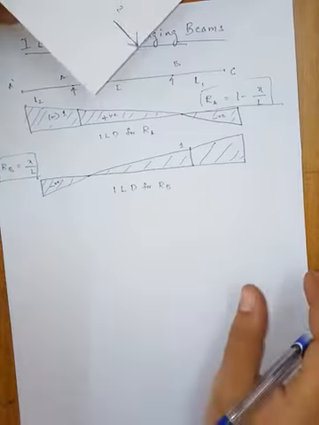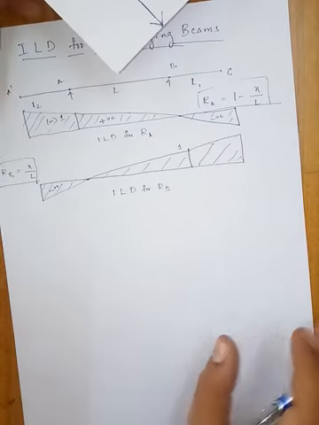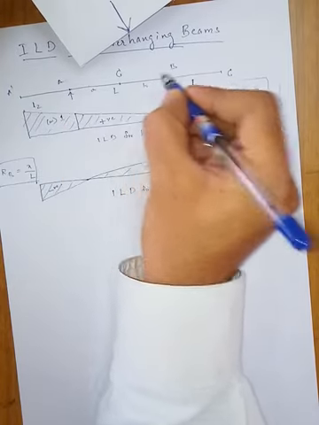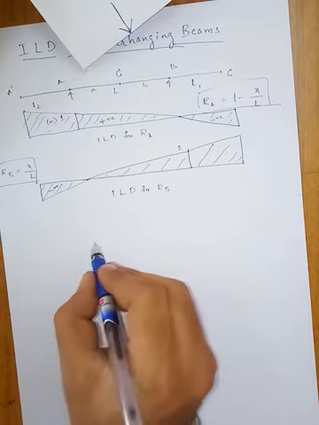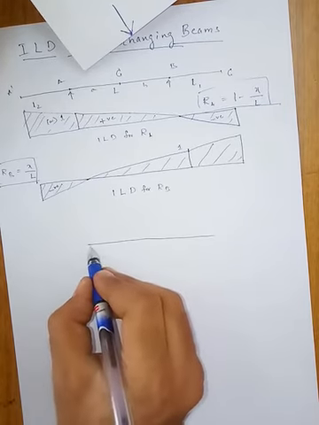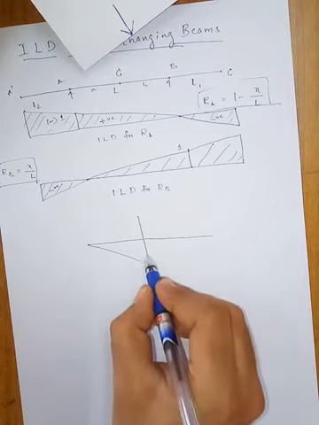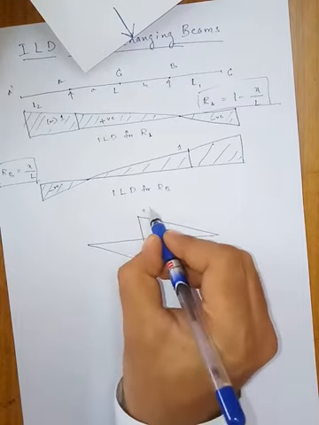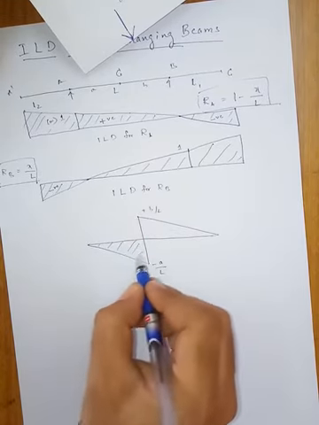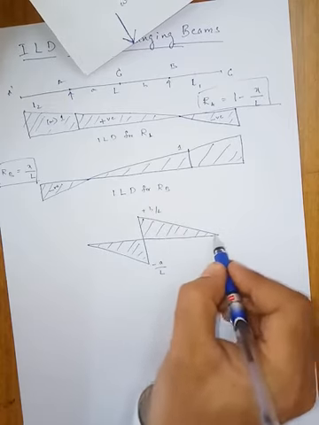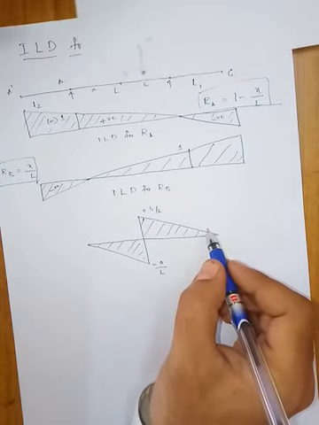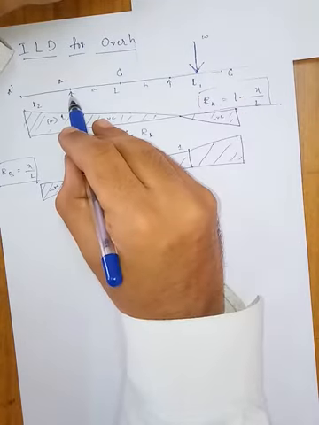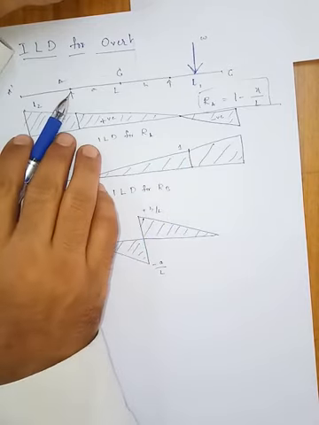Now coming to the shear force, the ILD for shear force at, say, C, which is at a distance of a from A and b from B. Shear force is like this: minus a upon L, and this is plus b upon L. What happens if the force moves beyond B? This is positive, it increases to more than W. Here it is negative.